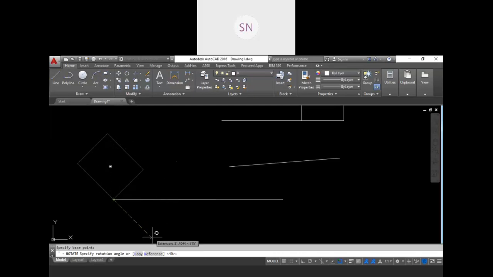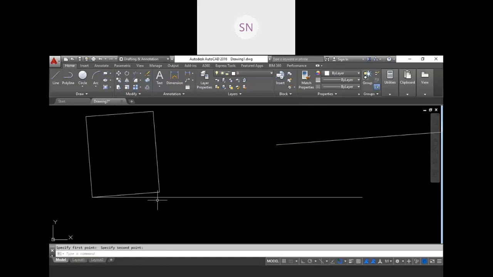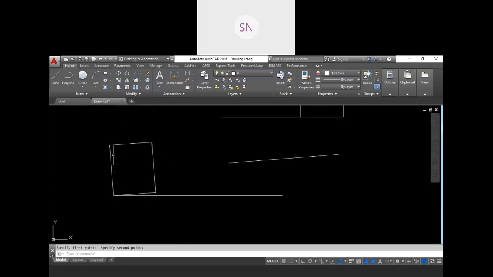Okay. Then next we have to click on the reference, because we don't know the angle of this line. So click on reference, and first select 2 points of your object which you want to compare. So I want to compare this line, so I'm selecting this point and this point. Then choose the point option and choose the 2 points of your final angle. So I want to compare with this one. So see, now this line and this line are parallel, and my object is rotated at that point.